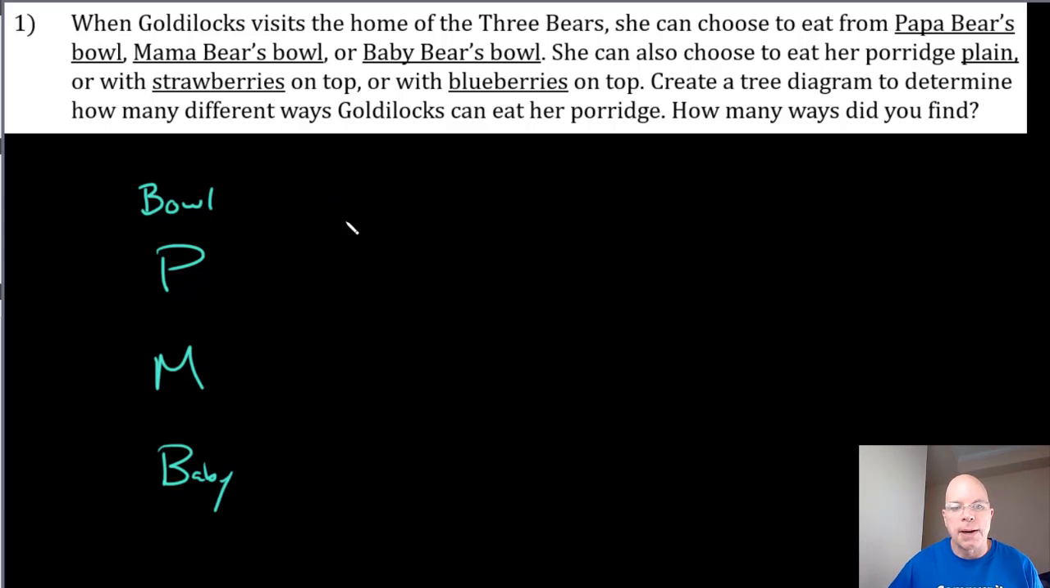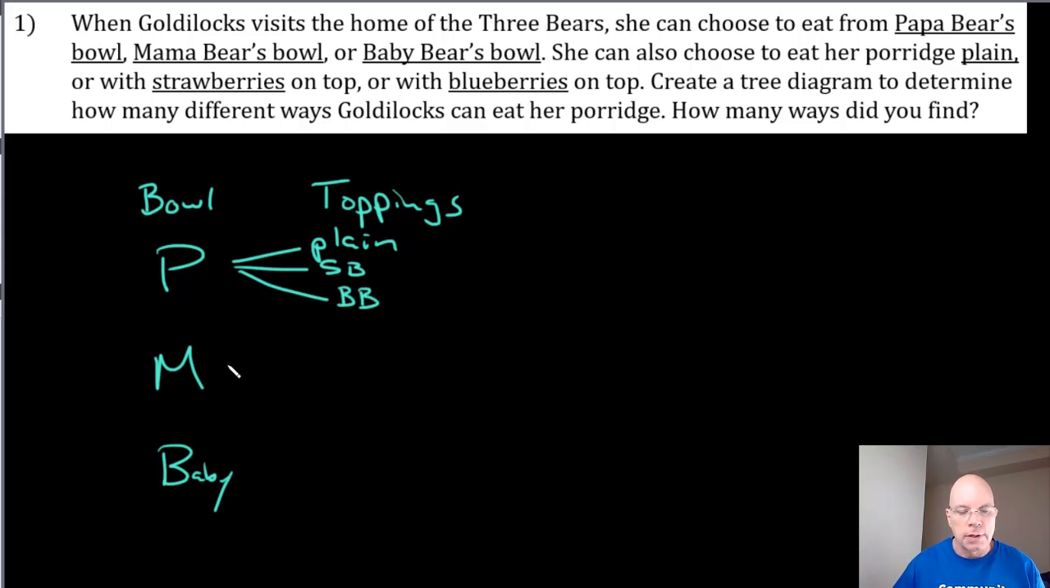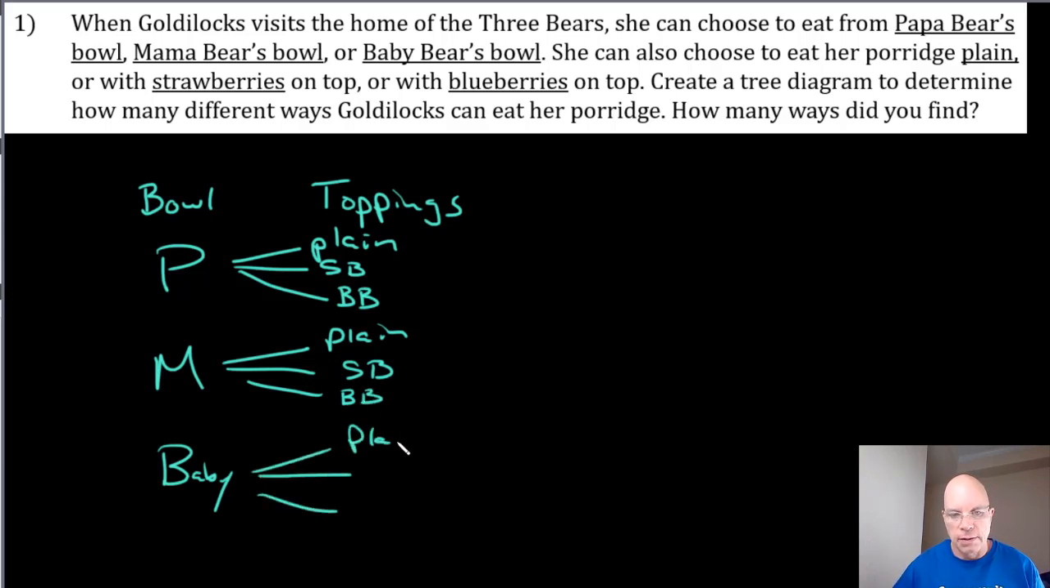If she chooses to eat from Papa's bowl, she has 3 choices for toppings, because even though plain means no topping, that's still a choice. She can have it with no toppings, in other words plain, or with strawberries on top, or with blueberries on top. Likewise, if she eats from Mama Bear's bowl, she has those same 3 choices of toppings, either plain, strawberries, or blueberries. And if she eats from Baby Bear's bowl, she can have it plain, or with strawberries, or with blueberries. So the sample space,